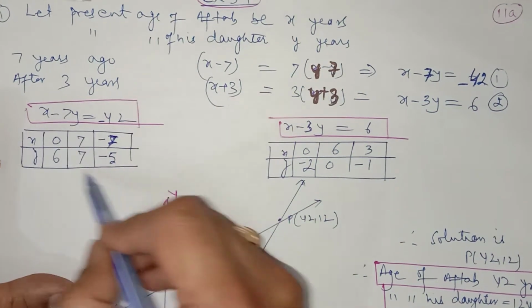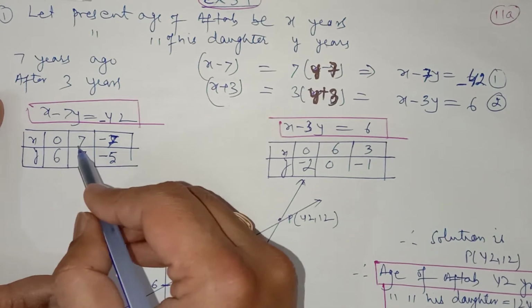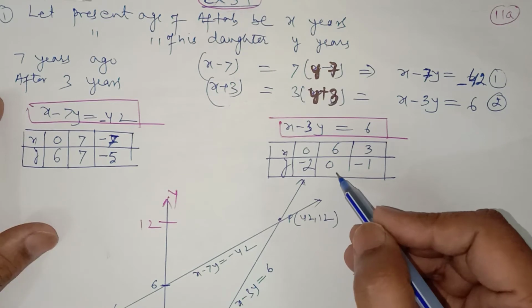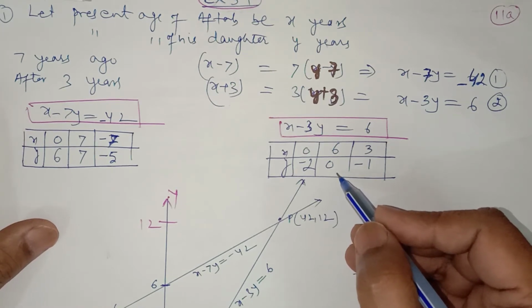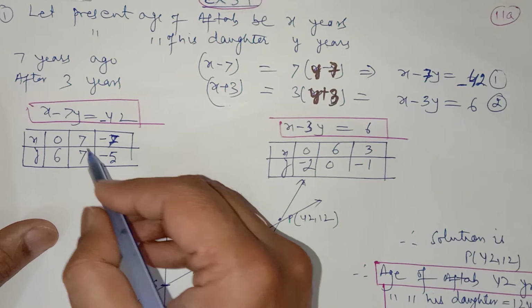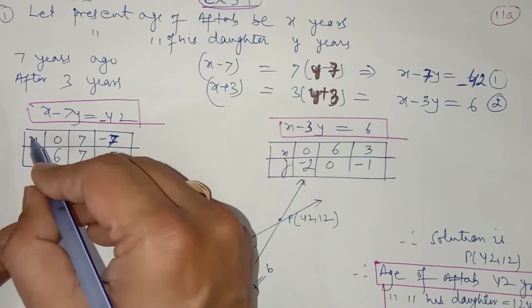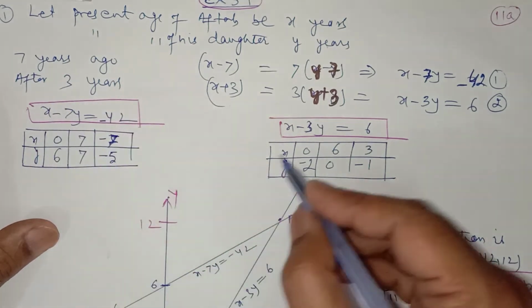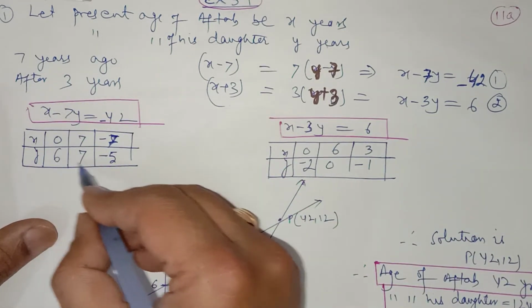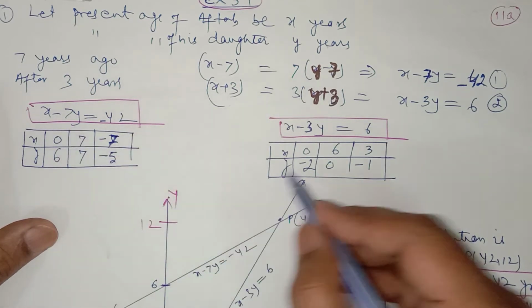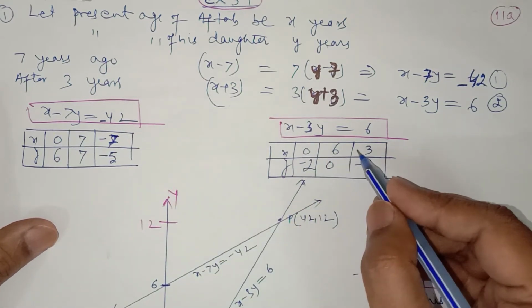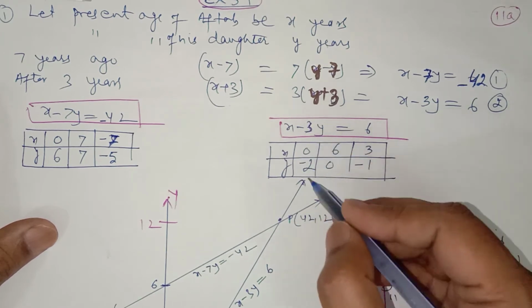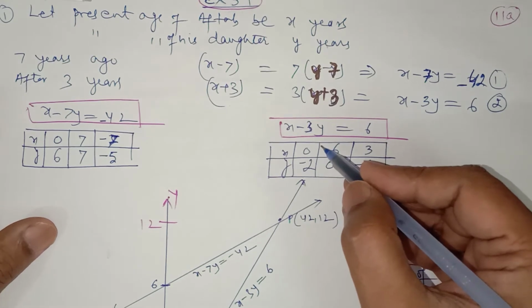Now to find the solution set, you draw a box like this. You should take at least 3 solutions for each of the equations. So draw the box like this, with x and y. Take any 3 values of x and obtain the value of y from the equation, or you can take the value of y yourself and obtain the value of x. Similarly, for the other equation, assume any values of x to get y, or assume any value of y to get x.